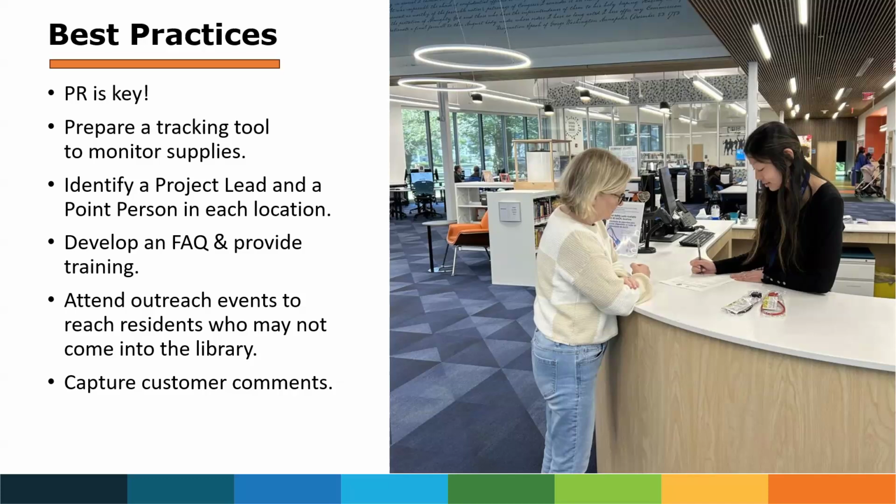And so on our side, we pick up the forms, right? And we use those forms no matter who the partner is. So when we've started to engage new partners, letting them know that there is a form and data collection, you'll see the library staff member here filling out a form. It takes less than 2 minutes, probably even less than 1 minute, quite honestly. But then on our end, we collect those and we pull the data together, and then we're able to report out on where the gun locks are going, who is getting them, which zip codes, along with the things that Gloria collects on which branches, right, have given out what number. So we have zip codes as well as branch data, and that's really helpful for us.